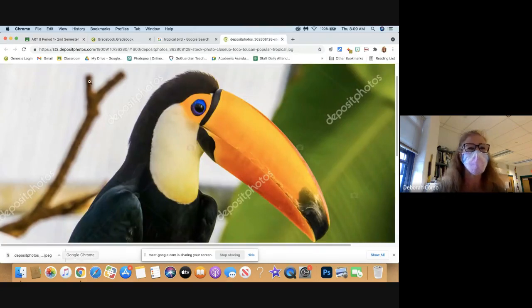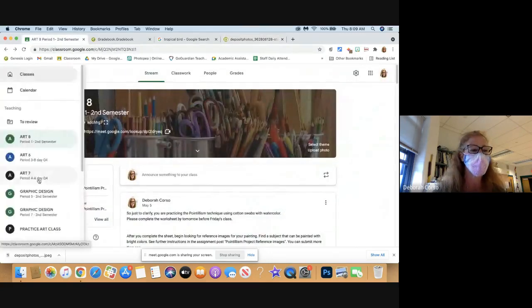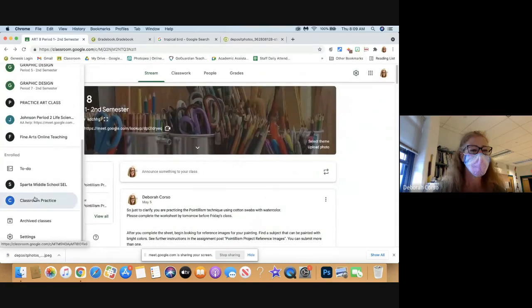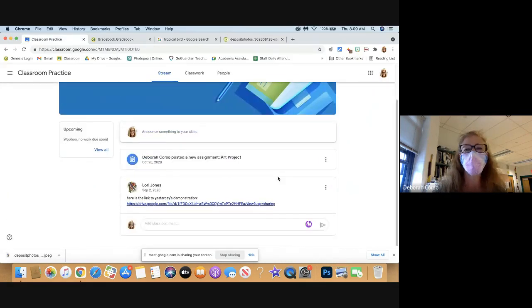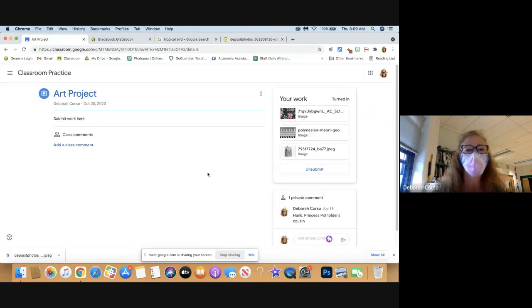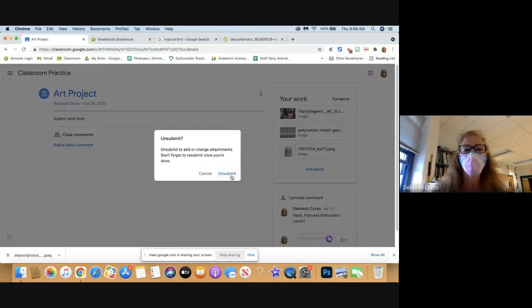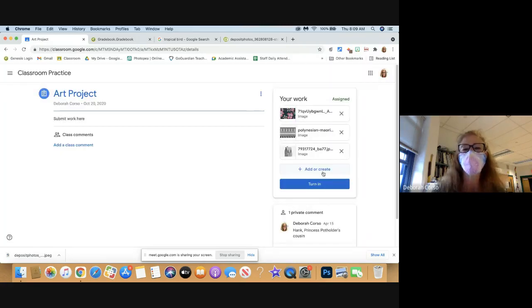So to submit it, let me review that real quick. All right, so this is just a blank one, but it's the same sort of template. So here's where you're going to put your work. I have some stuff already. I'm just going to hit unsubmit, and if I wanted to add, you hit add or create,